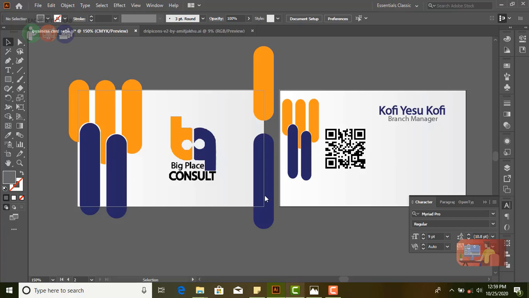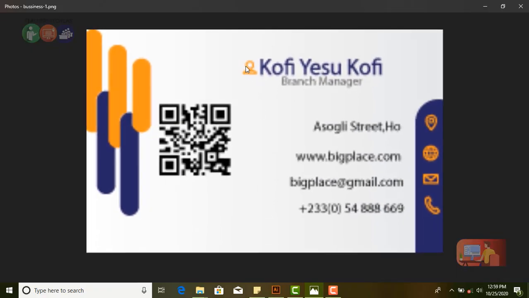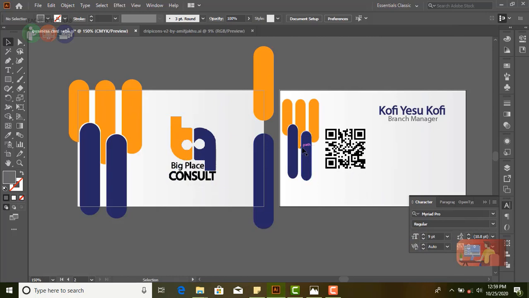Now when we come back here, you realize that we have an icon here like that of a person, even though this looks a little blurry based on the size. So we'll now design this and also do this and also write these details here. So to do that, we are simply going to copy one of these shapes. So just like we did previously, hold on your Alt on your keyboard, click on it, then you can now drag a little and it duplicates. So you now drag it to the corner here,